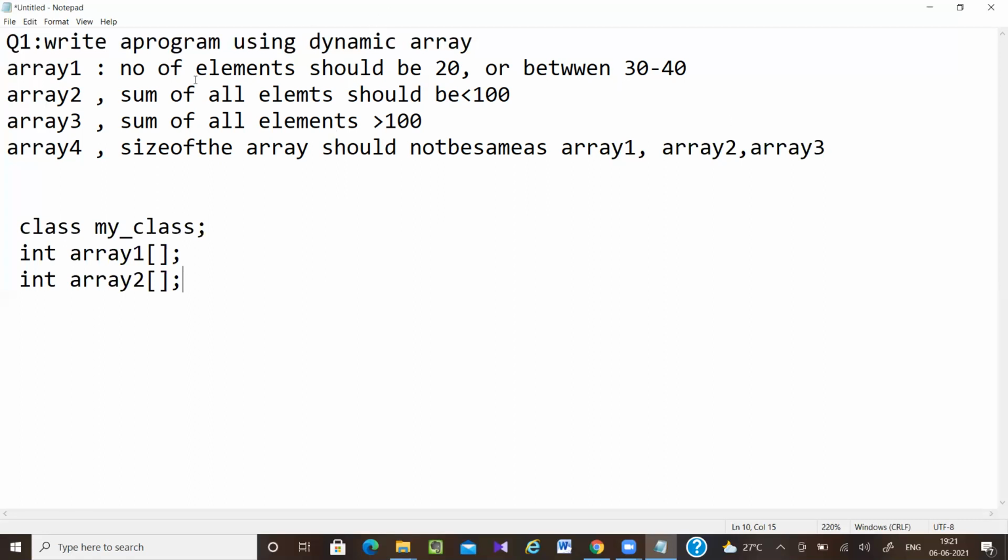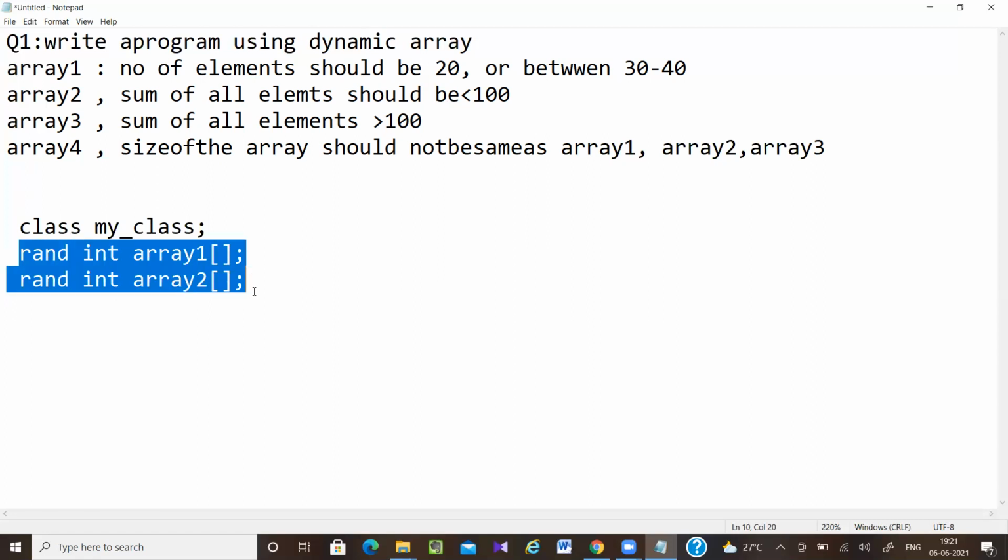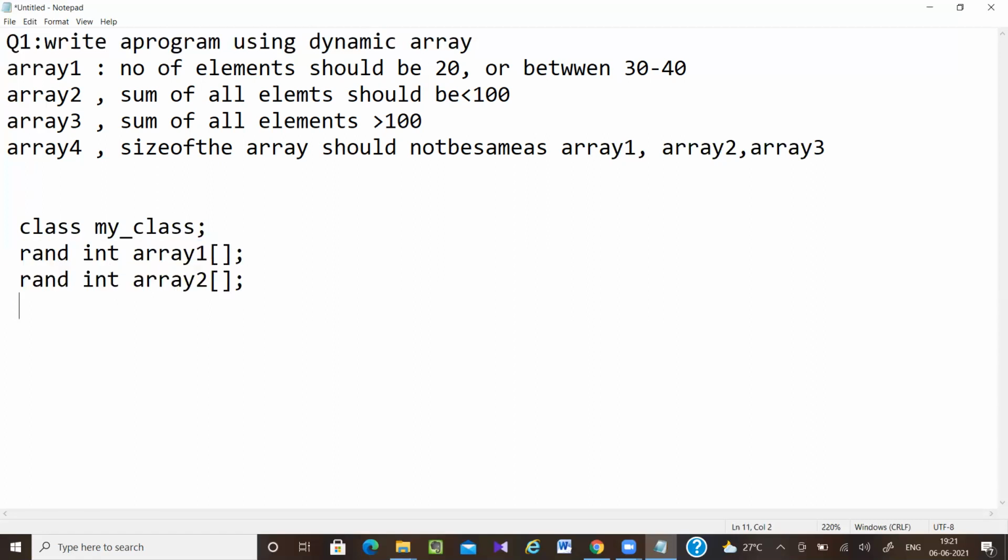If you want to do the randomization, then you have to add the rand keyword. So rand array 1, array 2, array 3, array 4.